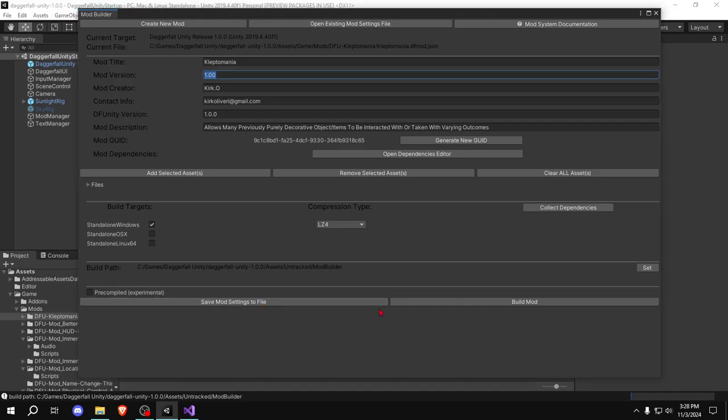Everything else here, I'm fairly certain, is exactly how I want it to be. So now with that in mind, I'm going to click build mod. If you want to build for other versions, you can do that. But in my case, I'm just going to build for Windows for simplicity's sake. So left click build mod,